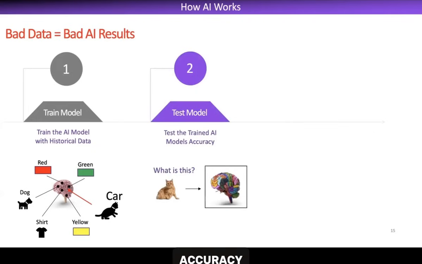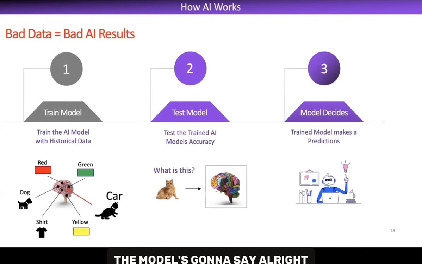Then we're going to test its accuracy. The way we do that, we're going to show it an orange cat. We're going to say, what is this? Because we've given you all of this data, we've trained you, we've taught you. What is this? The model's going to say, all right, I'm going to make a prediction based on what you taught me. My prediction is